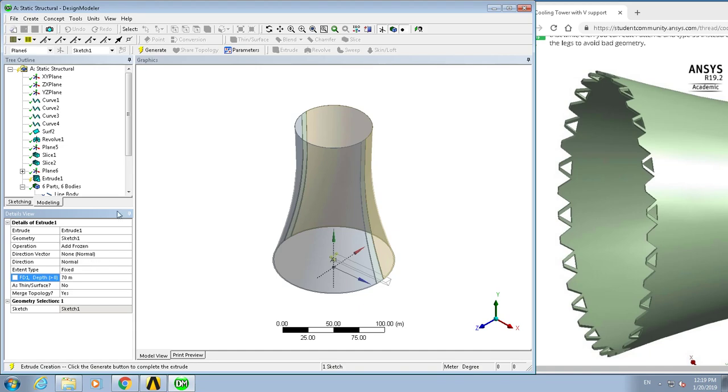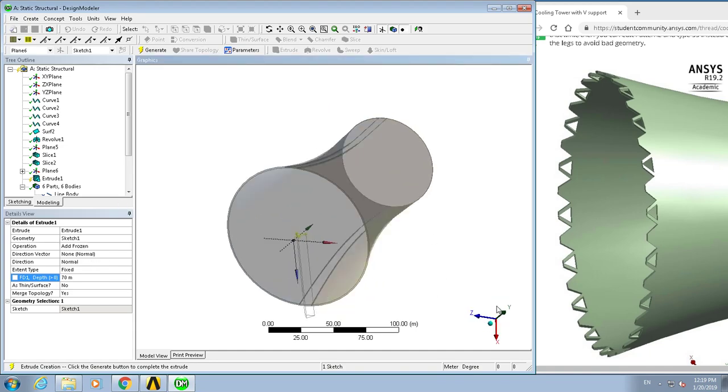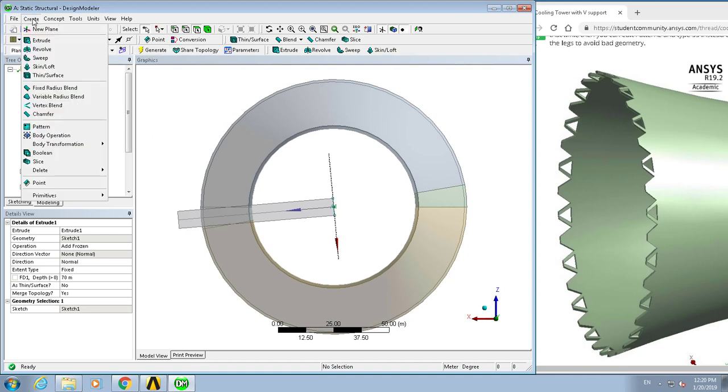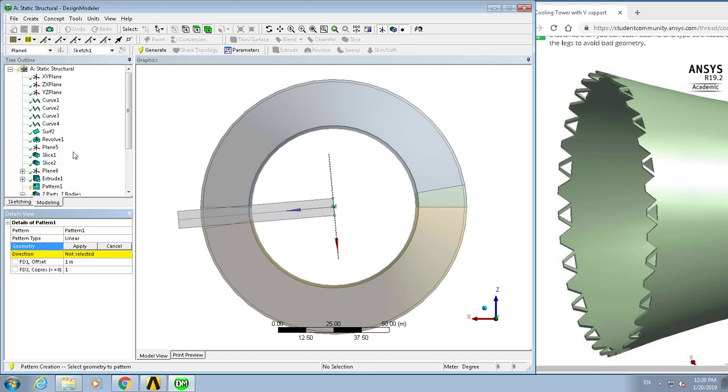There we go. We have to extrude it through the end, and that's done. So if we make a pattern of these, we can then cut them. So we generate this first solid, and now we say that we want to create a pattern. We want to choose this solid body, and we want a circular pattern